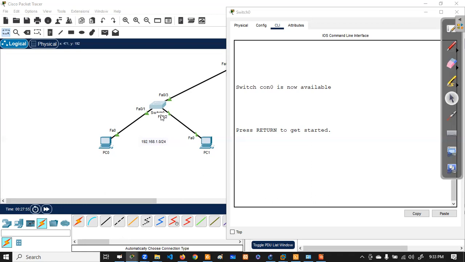If you create two VLANs and assign ports, then you cannot communicate with each other. Why? Because if you create VLAN, it will be separated. That means you are creating different sub networks, right? Different VLANs.